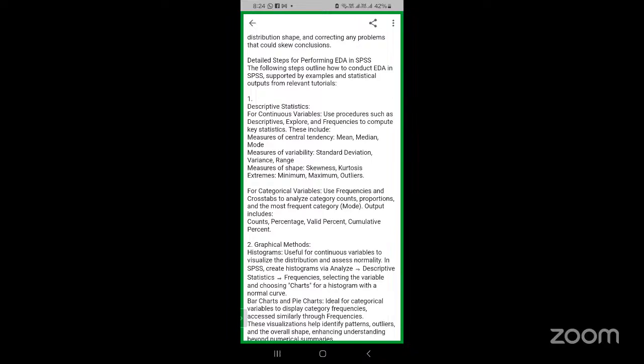So you can use different graphical methods. For example, histogram. This is useful for continuous variables to visualize the distribution and assess normality in SPSS. Create a histogram via Analyze, Descriptive Statistics, Frequencies, selecting the variable and choosing Charts for a histogram with a normal curve. So when you do the histogram, then you will also study